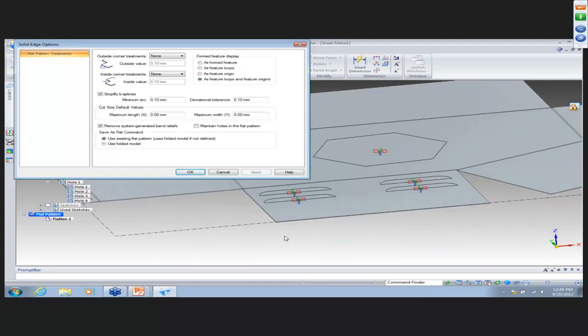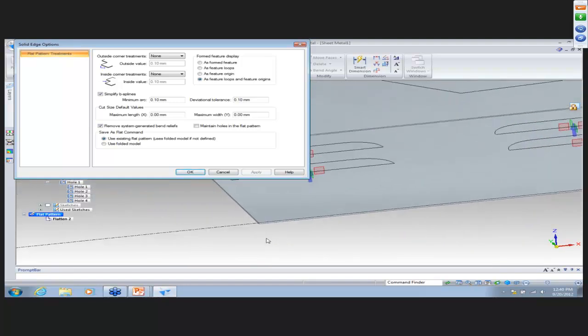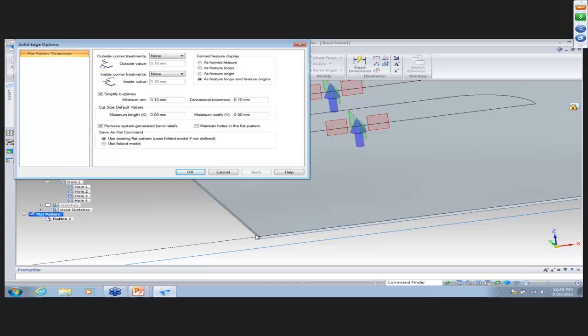So if we come down here to this corner, and we'll zoom in, that way you can see what happens. We'll go ahead and set the outside corner treatment to a chamfer, and maybe we'll say we want 5 millimeters. We can also set the inside corner treatment to a radius, and let's say we'll go ahead and,